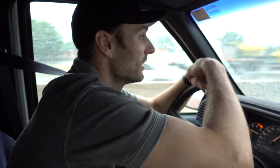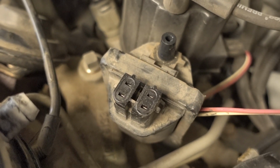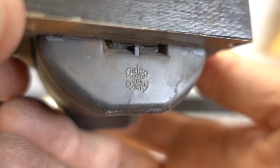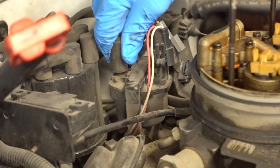Cut to today, and about 40,000 miles later, the truck is idling a little rough, and so I figured, hey, it's time for a tune-up again. This is the original ignition coil, and I'm only changing it out of complete randomness. I've never changed one before, but I figured I'm able, the OEM parts are cheap, and at 78,000 miles, why the heck not? Well, it's a good thing I did, because I go to pull the ignition wire off of